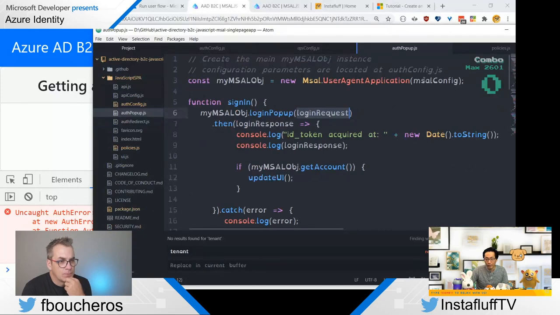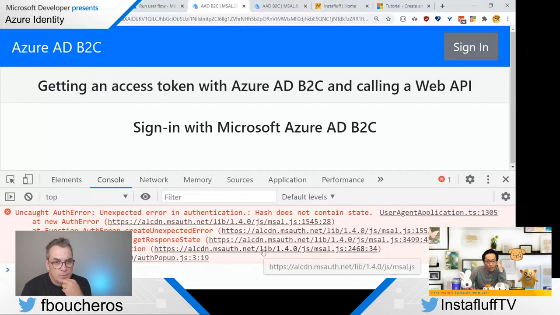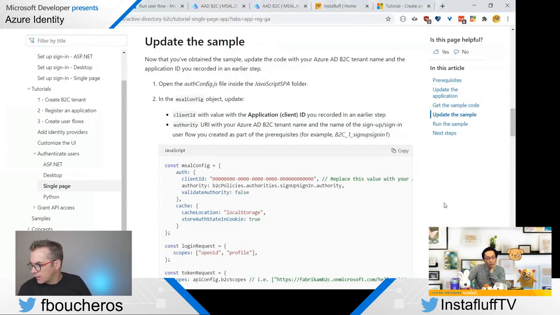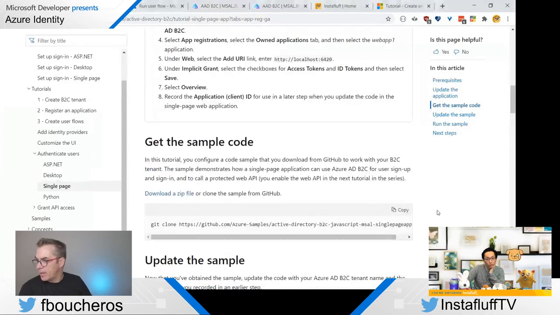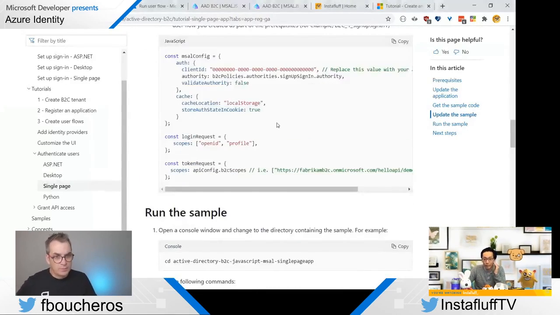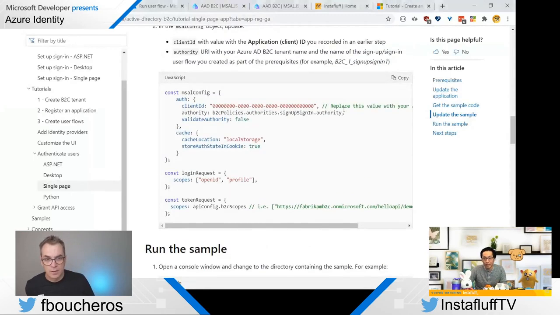User agent MSAL config. Huh. I wonder what that means. But that's the thing they want us to edit in the documentation, right? The MSAL config. Yeah, so we replaced the client ID.